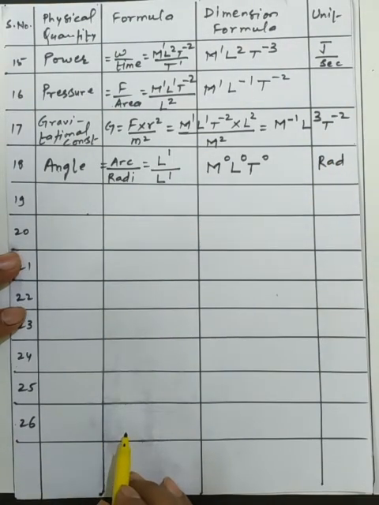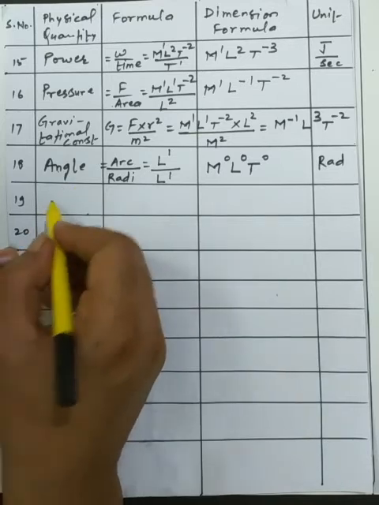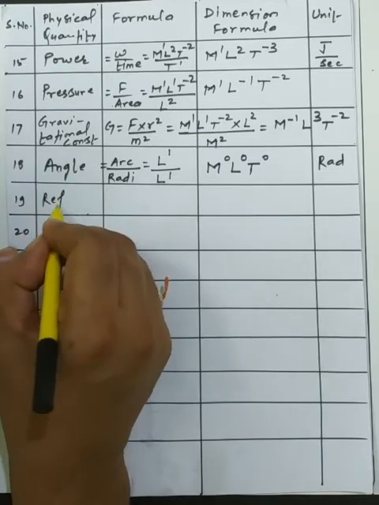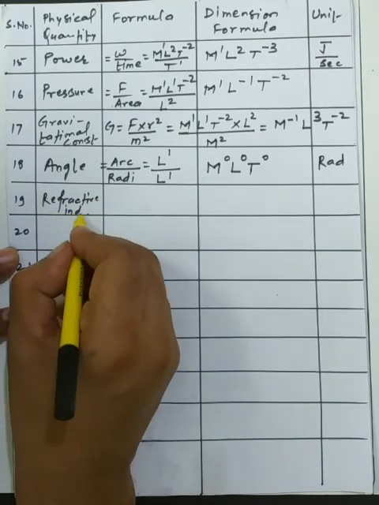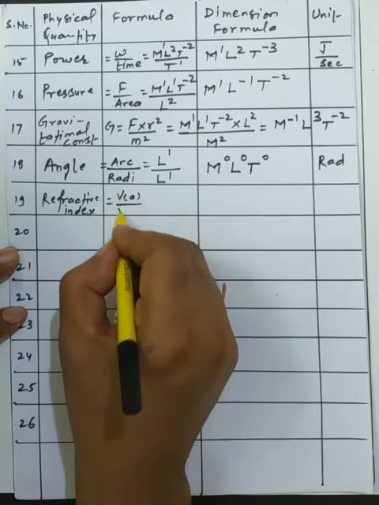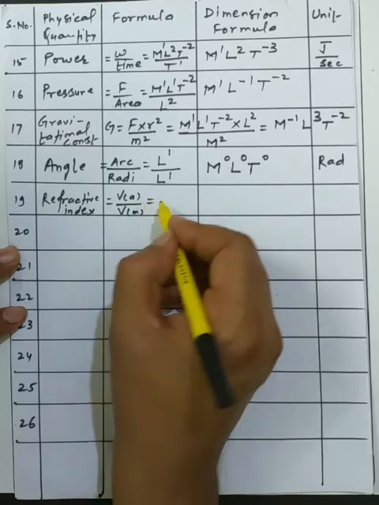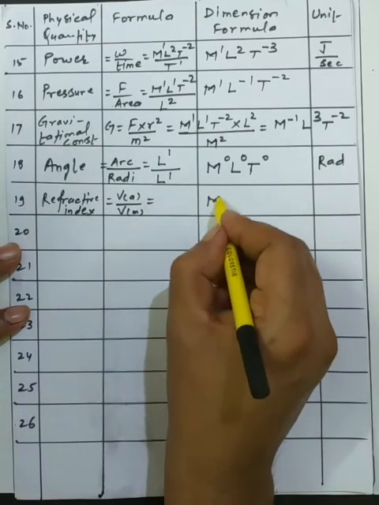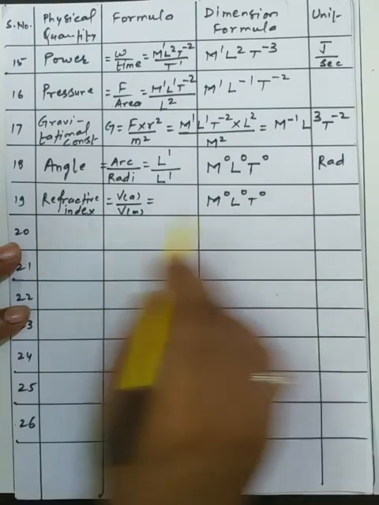Now similarly, we have another dimensionless quantity, called the refractive index. Students, the formula is simply the ratio of the velocity of light in air to the velocity of light in the medium. Someone is asking to write the formula. Whenever we are finding it, there is no concern of unit. So this is one of the quantities which has no unit, no dimension. This is another set of quantities.